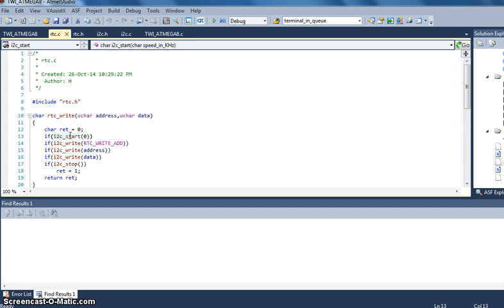What I am doing is I'm starting I2C, then I'm writing the address. Let me explain this. I2C start is like setting up the registers of the controller and everything. I2C write is like transmitting the slave address on that particular channel.